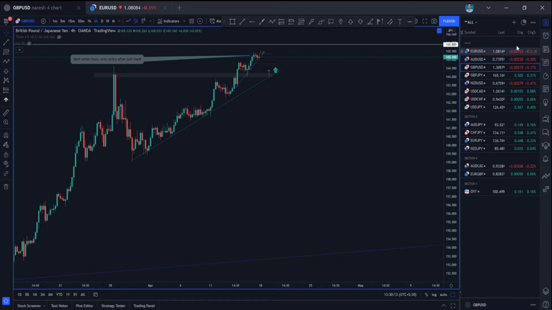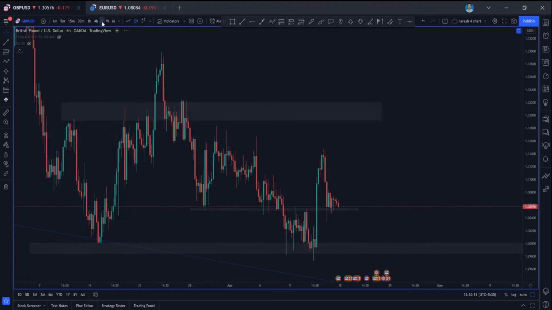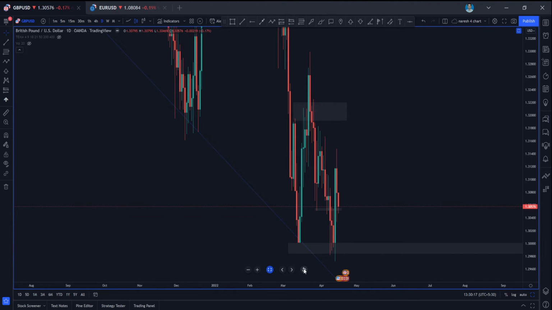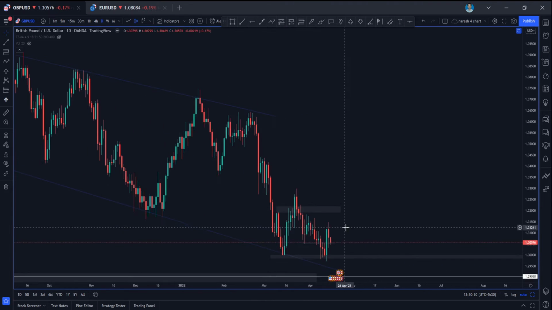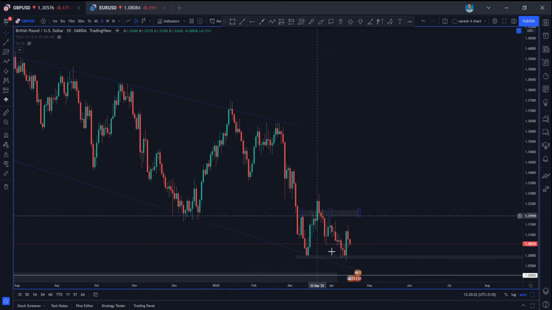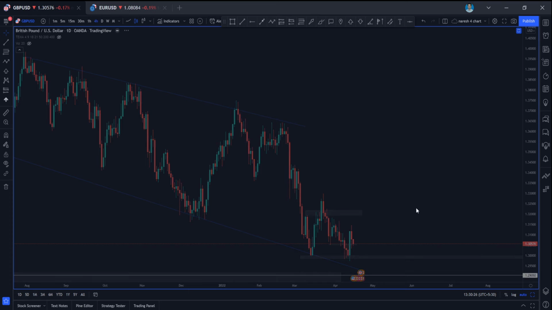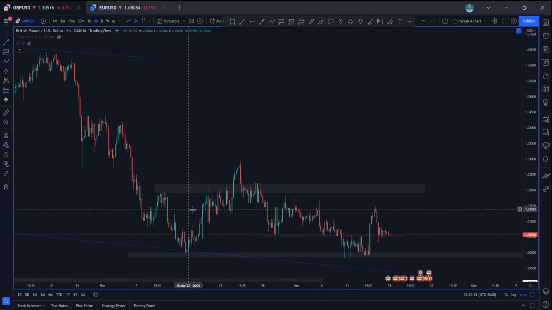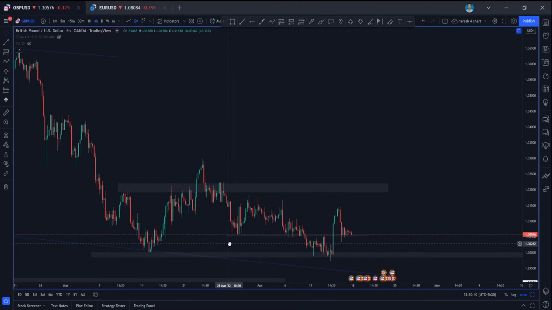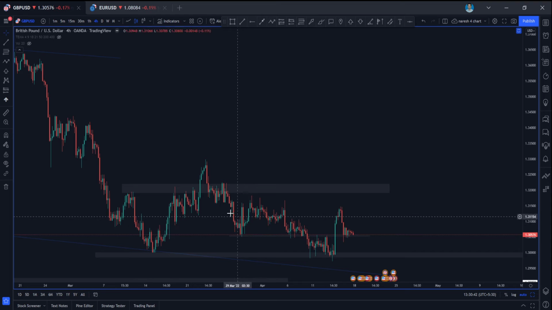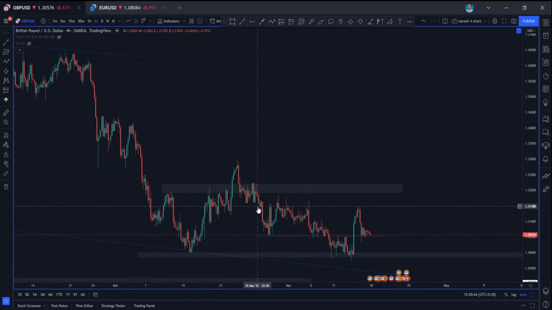So next would be GBPUSD, guys. GBPUSD is not that interesting because it is at the bottom of the channel here. If you look at the 4 hour time frame, in the past couple of weeks it made an inverted head and shoulders and it broke down again. It is not able to sustain. Again, it came down and took out this liquidity from here as well. So now GBP is pure consolidation, guys.